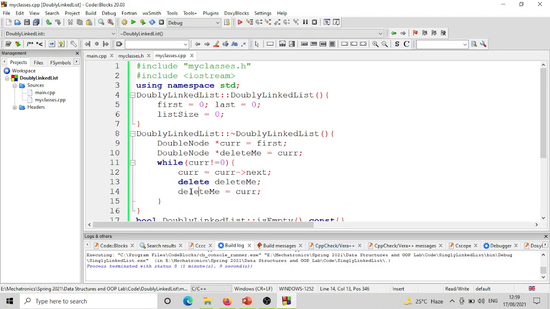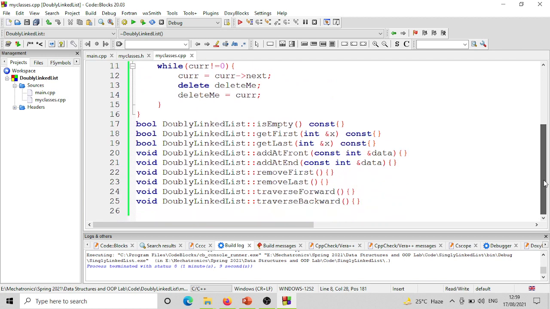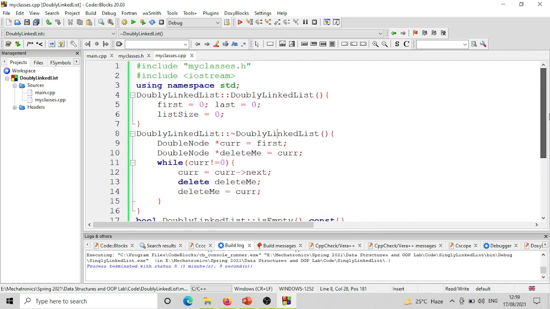डिलीट मी इज इक्वल टू करंट, तो डिलीट मी भी 0 हो जाता है या नल हो जाता है, तो करंट इज नल। सो नेक्स्ट टाइम व्हेन इट रिटर्न्स, करंट इज नॉट इक्वल टू 0 वाली कंडीशन फॉल्स हो जाती है, ठीक है, करंट इज इक्वल टू 0, so we don't get into this loop and this function is done. So this is how we delete all the nodes in the doubly linked list, ठीक है। So this code should be familiar, this is what we did in our last session as well। अच्छा, ठीक है जी।